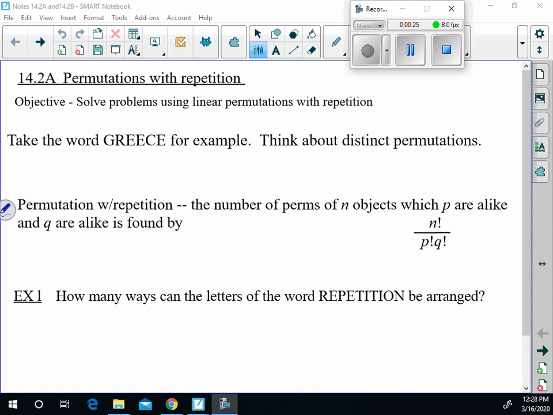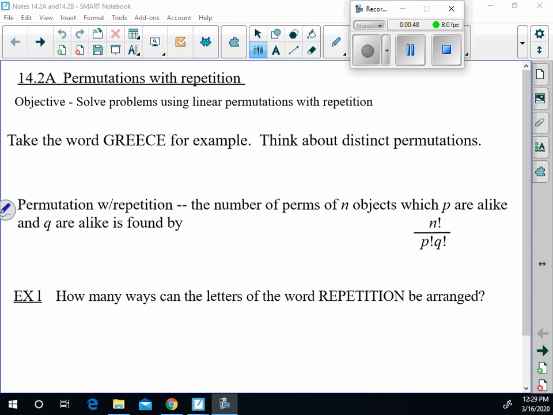Take, for example, the word grease. It has 3 E's in it. If we think about the distinct permutations, we have to think for a minute and say, wait, the E's are all the same, so how could we tell if something was different? Well, that needs to be taken into account when we talk about permutations, which are arrangements of objects in any order. So if we were just to do it like we did in the last lesson,